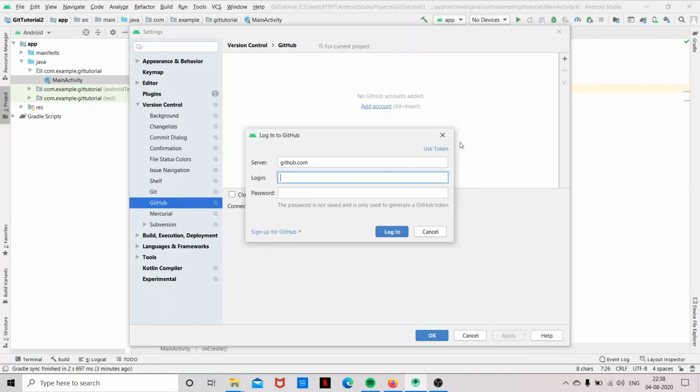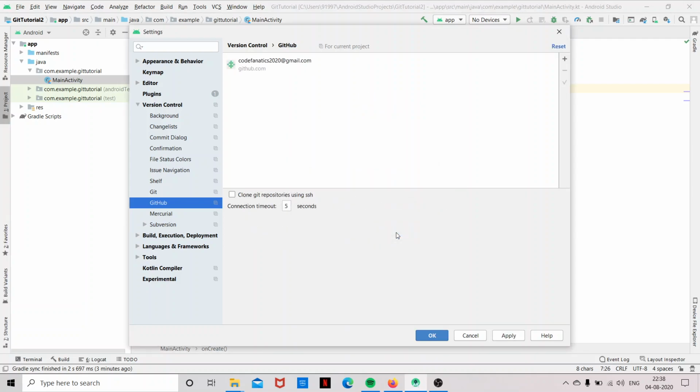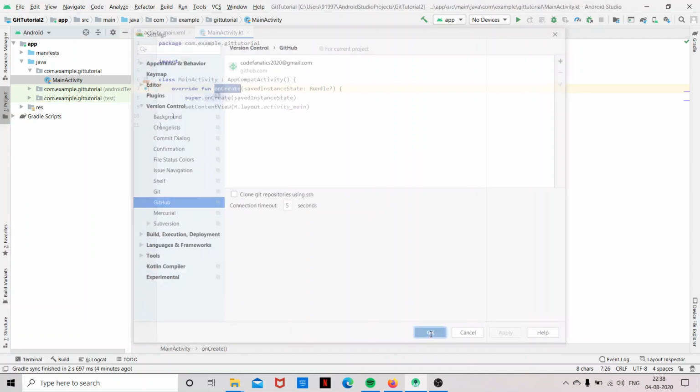So now I'm going to type in my GitHub credentials. Click on login. So my GitHub account is now successfully added to my Android Studio. I click on apply and OK.